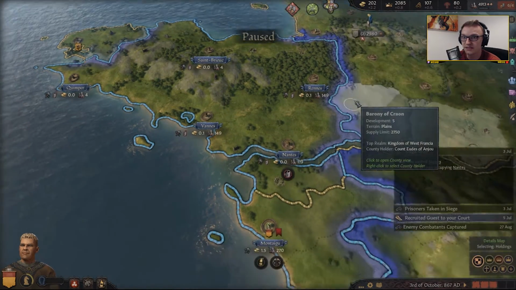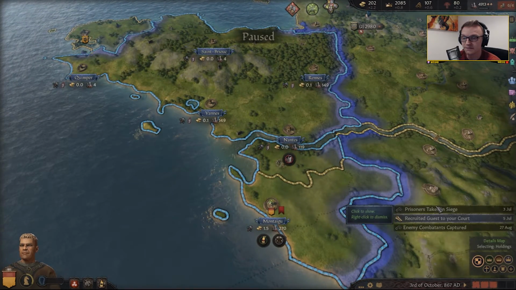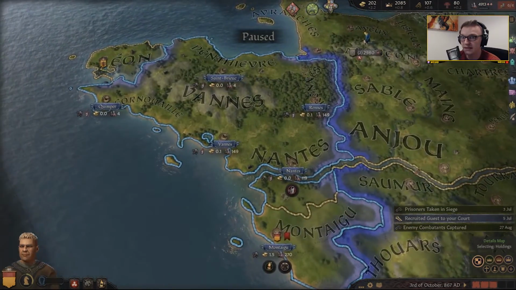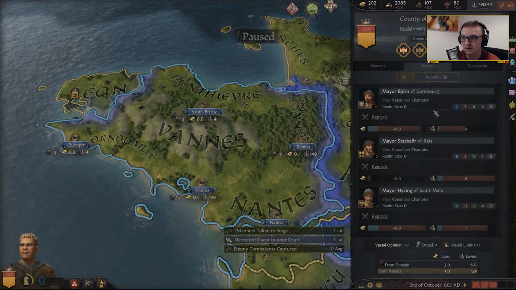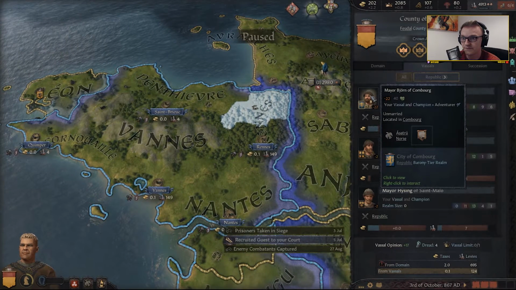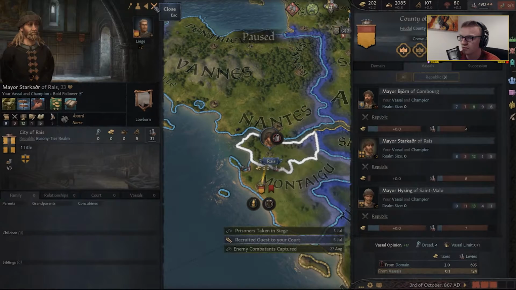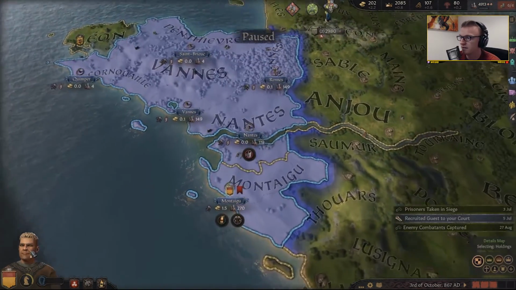Don't know how to sort this out because the problem is that... okay, there's a lot going on now. The problem is the fact that if I give away my title, oh wait, he has this. I do have vassals. How do I have a domain limit of...